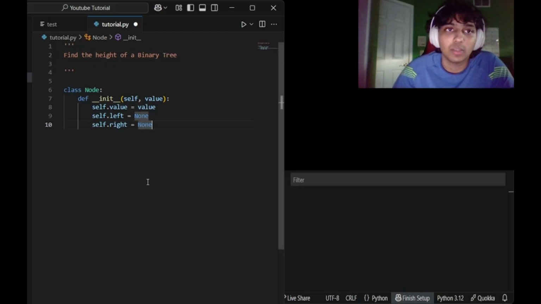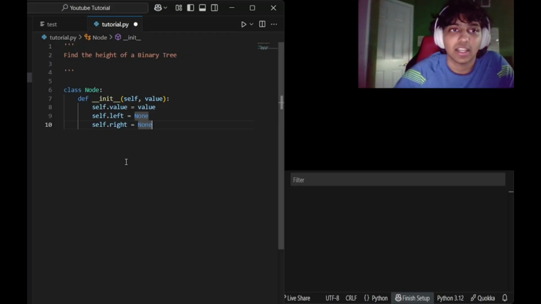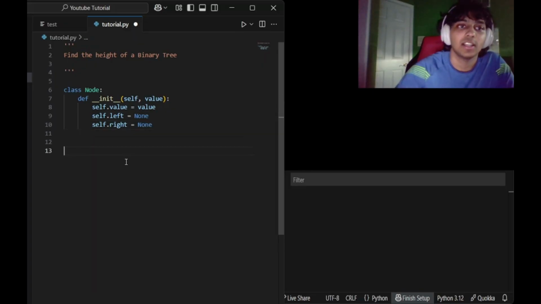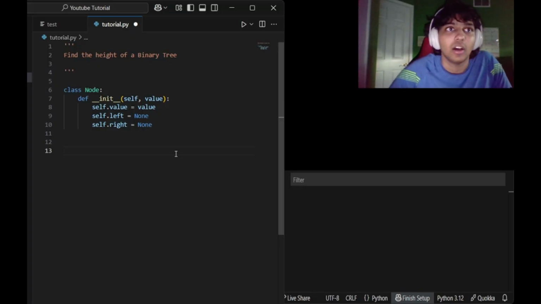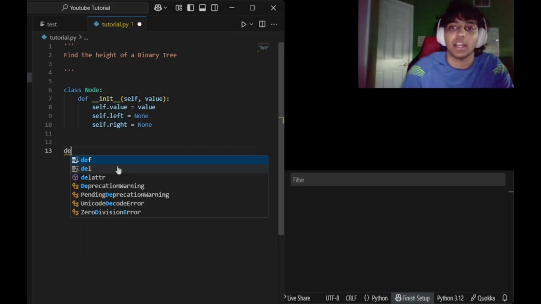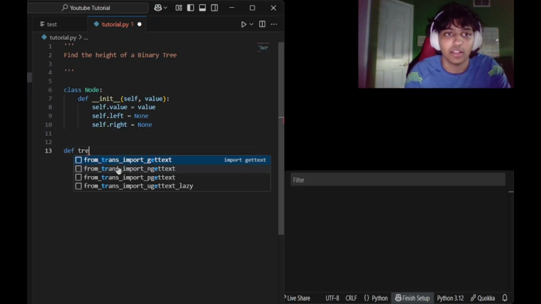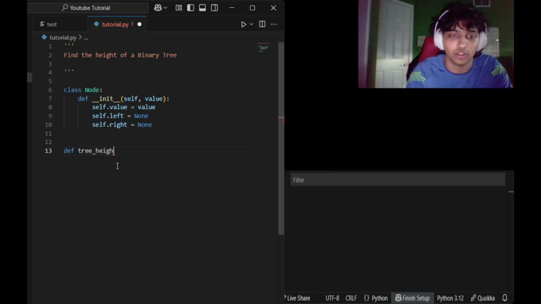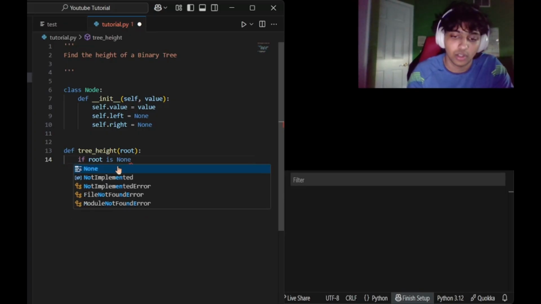Now, usually I'd pull up a whiteboard for this type of tree problem, but today I'm probably just going to stick with the code representation since we already have a pretty decent understanding of how a binary tree looks and how we would approach solving this type of problem. The essential step that we did in the last problem is we used a recursive methodology where we start at the root. I think we're just going to start off by creating the function. So let's say our function is called tree height. We're going to start it with having a root, and what we're going to be saying is that if the root is none, we are going to be returning